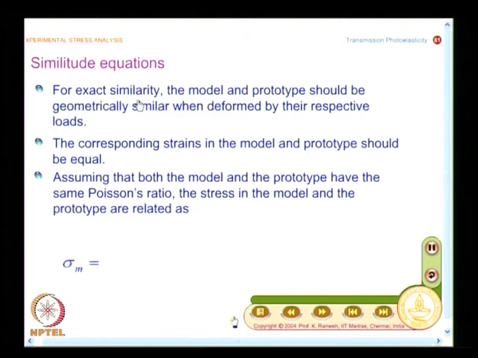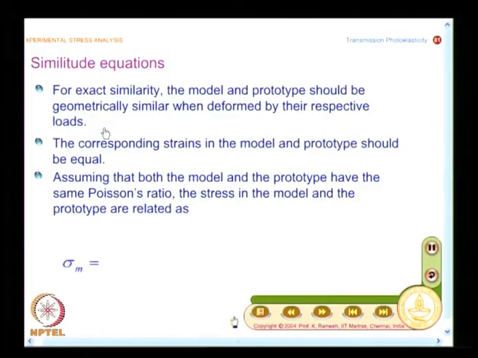For exact similarity, the model and prototype should be geometrically similar when deformed by the respective loads. We have seen, when you are working on in-plane models for 2-dimensional problems, the stresses are not altered when I go from plastic to metallic prototype. On the other hand, the displacement and strains are dictated by the material property. For the same load, a plastic will deform more, and what we look in similitude equation is you do not